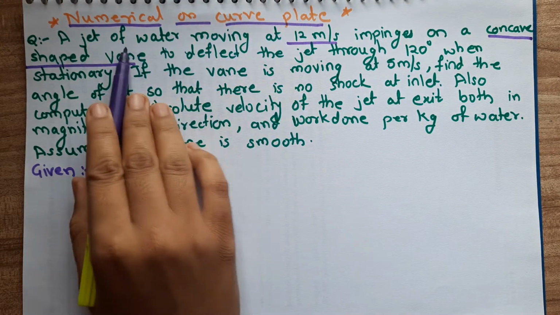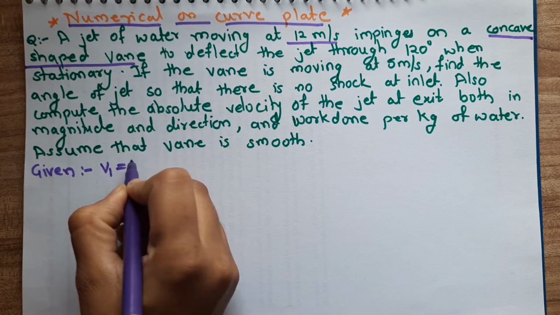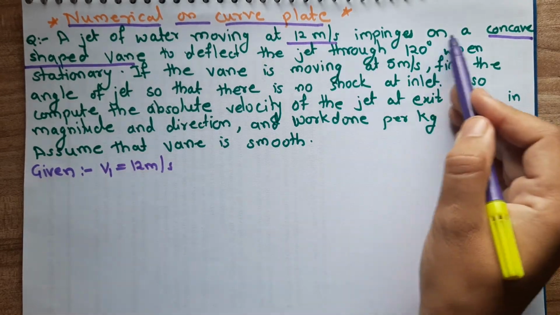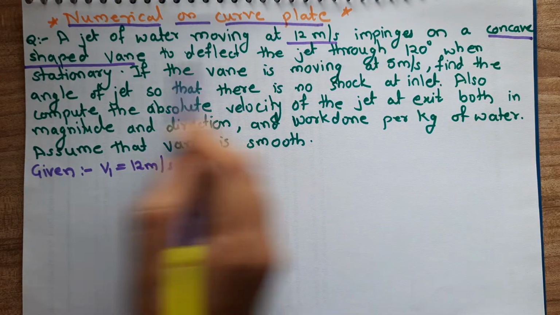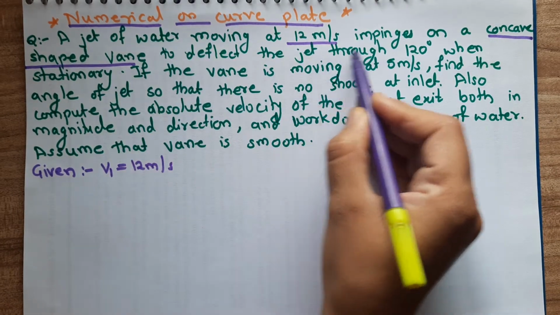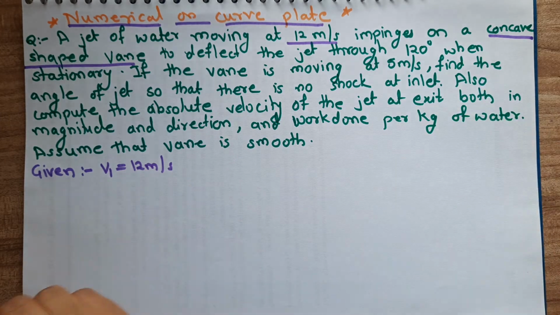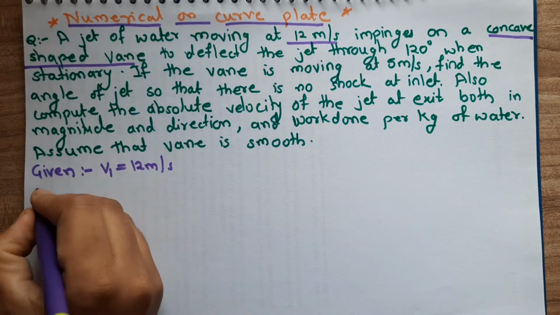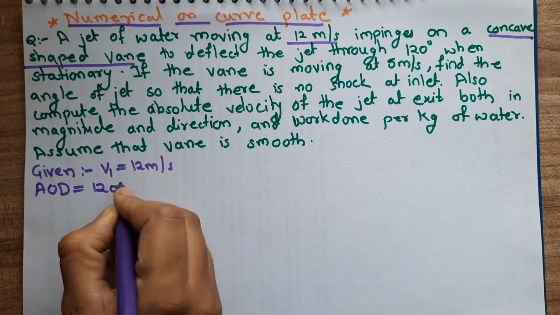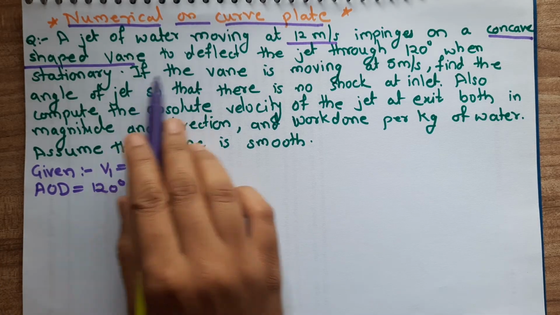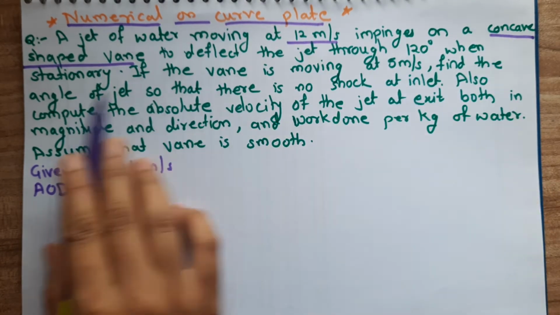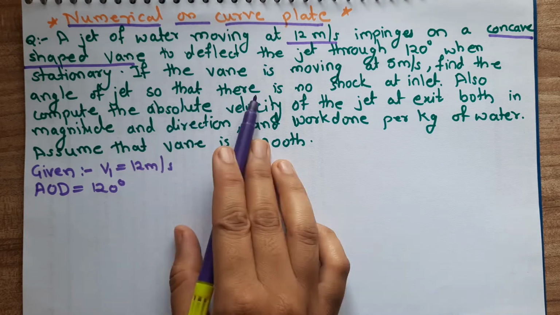First thing, V1 is given to us as 12 meter per second. Also, from the same sentence we will come to know that it is a single vane. To deflect the jet through 120 degree when stationary. So angle of deflection is also given to us, AOD, as 120 degree. If the vane is moving at 5 meter per second, find the angle of jet so that there is no